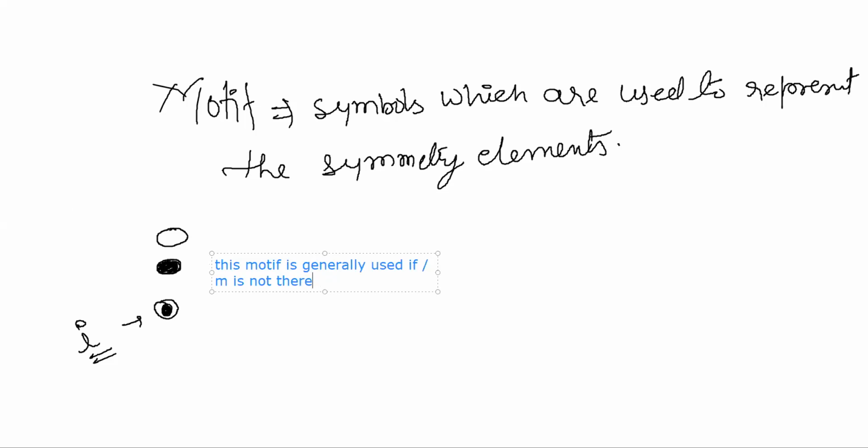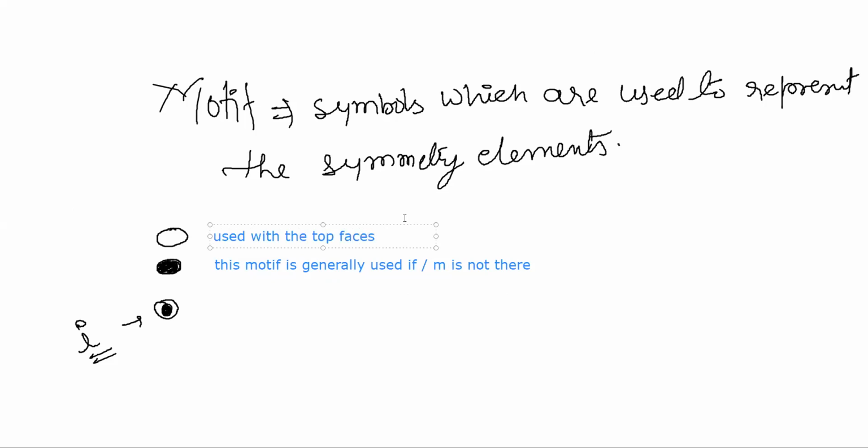All right, getting my point or not? And this one is used with the top faces.